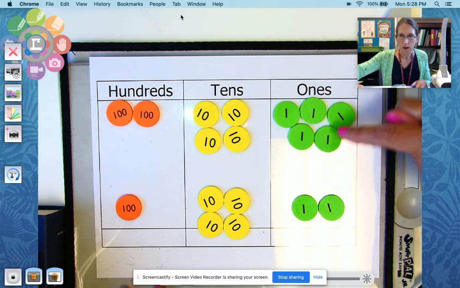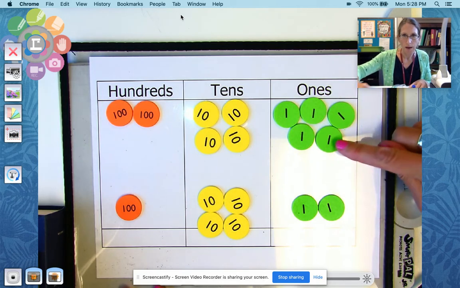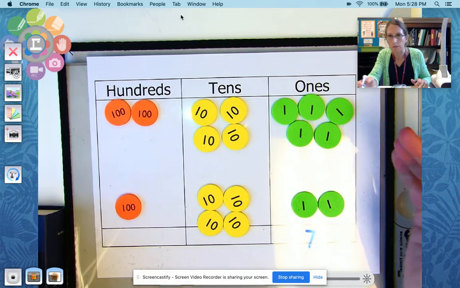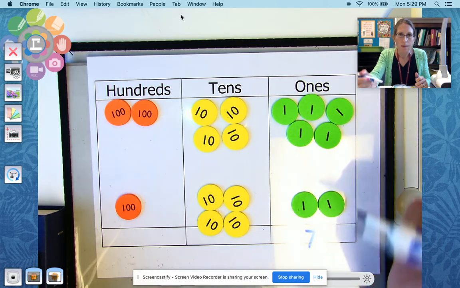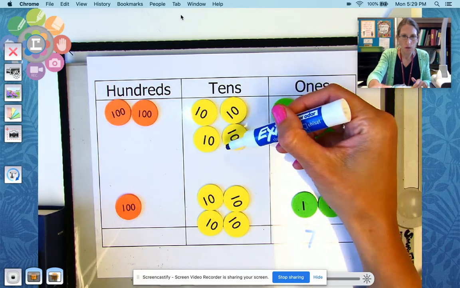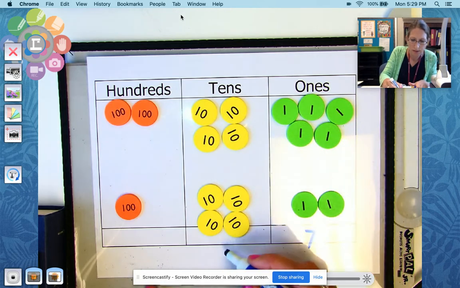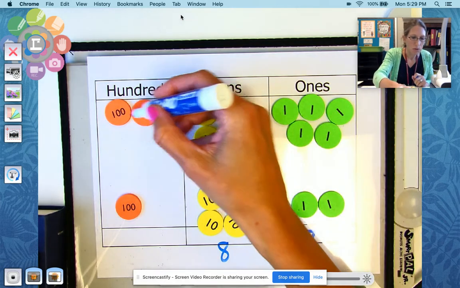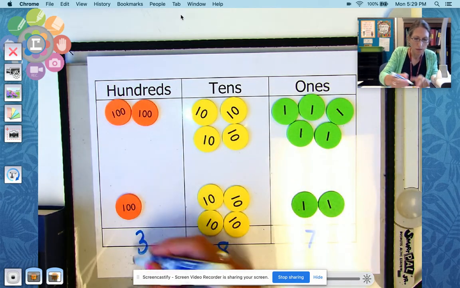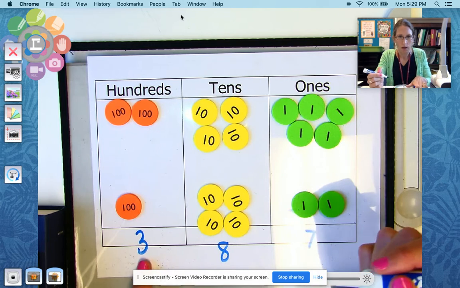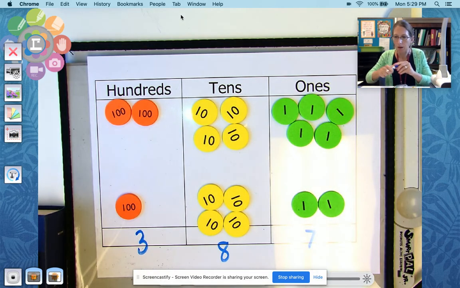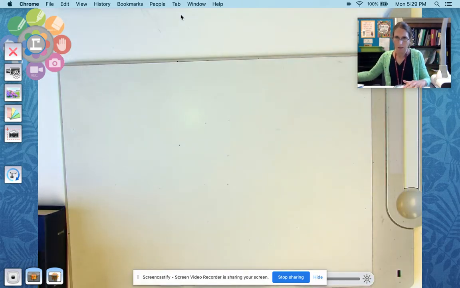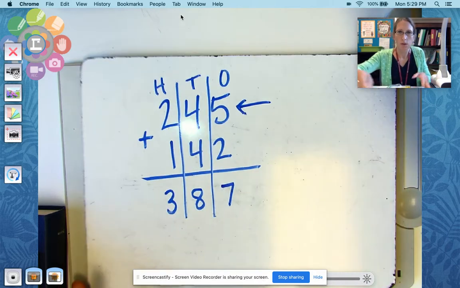So we have 5 plus 2. So we have 5, 6, 7. We have 7 ones. Put that down there. Kind of a glare here. Looks like that. And then let's move over to our tens. We have 4, 5, 6, 7, 8. 8 tens. And that would be the same as 80, right? And then we have 200s plus 100 makes 300s. So our answer, 387. All right. So let's try another one together,